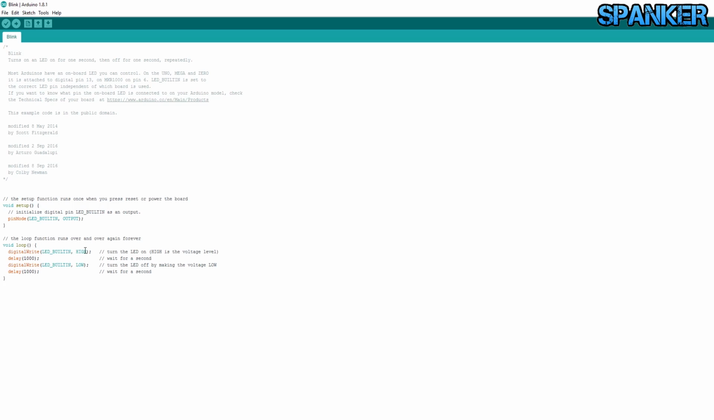So it's literally putting however many volts out through that pin. It delays for 1000, which is in milliseconds, so it waits for a second. And then after 1 second, it tells it to go off. So make the voltage low, it's telling you here, wait for a second. And then it goes back again. So in effect, what we get is